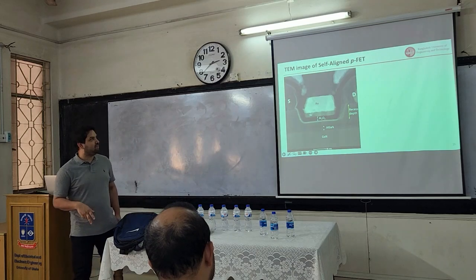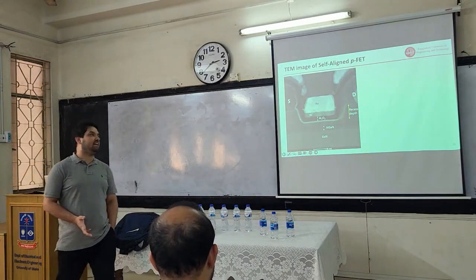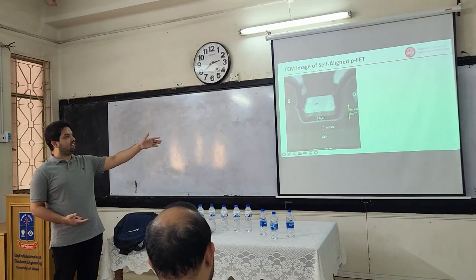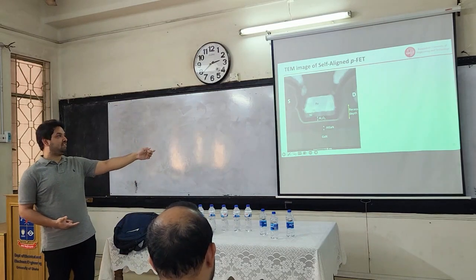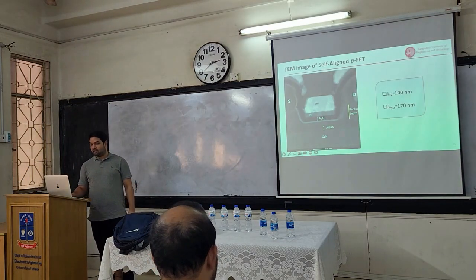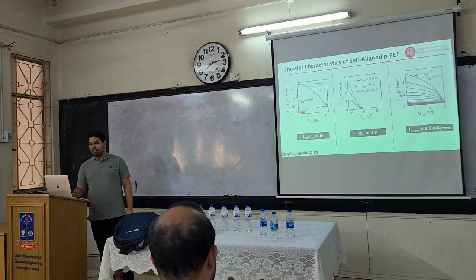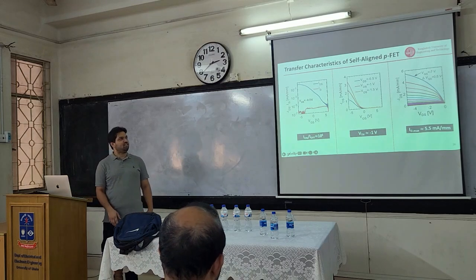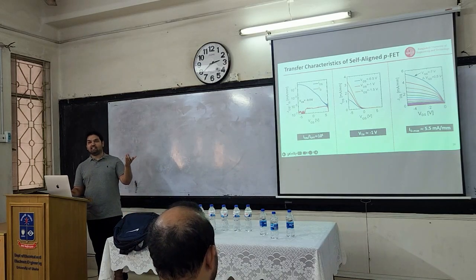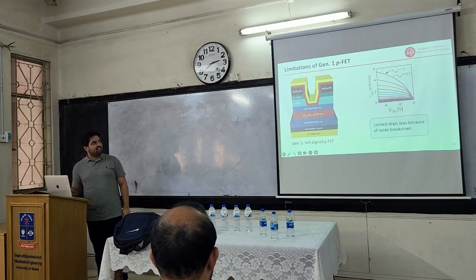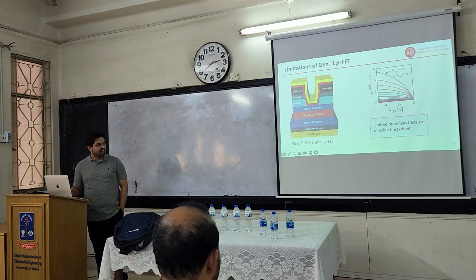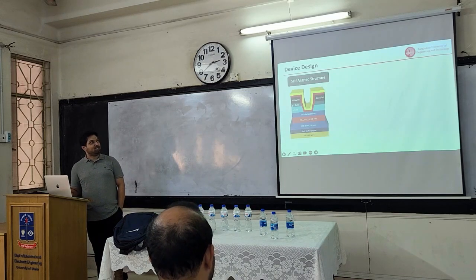I think I presented this at IEEE 2019. At that time it was the smallest P-type device. It has a channel length of about 100 nanometers. And we could improve the current, but not that much actually. About 6 times improvement in the current density. So it's really not there. And then we analyzed what's wrong with this generation. Then we took that learning to generation